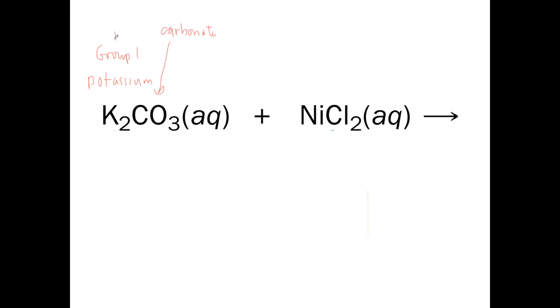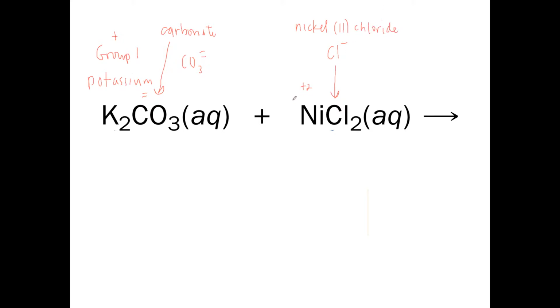Potassium's got a +1 on it, so this must have a -2, or it has a -2 because you memorized it. It's carbonate. Here's nickel. Here's chloride. Chloride's got a -1 on it, and there's 2 of them. So the nickel has a +2. So this is nickel 2